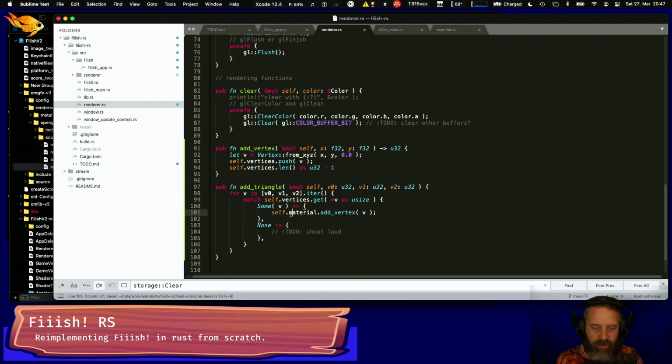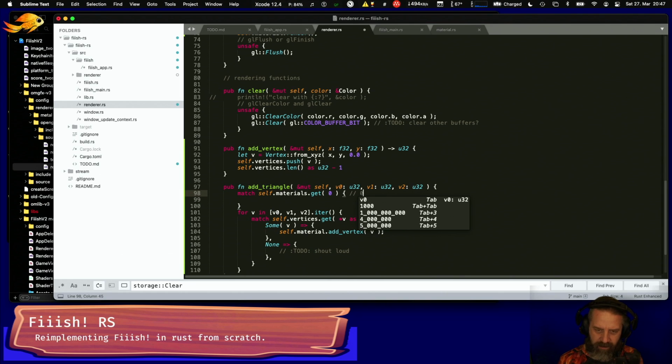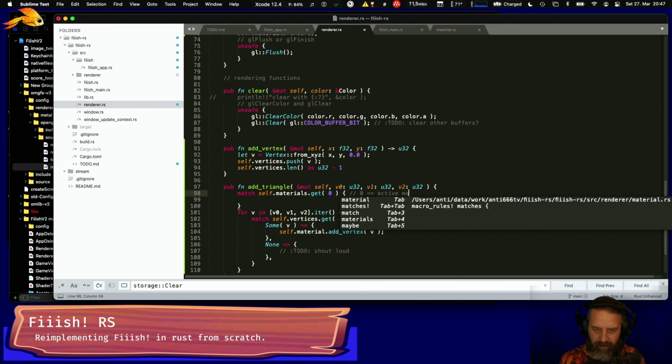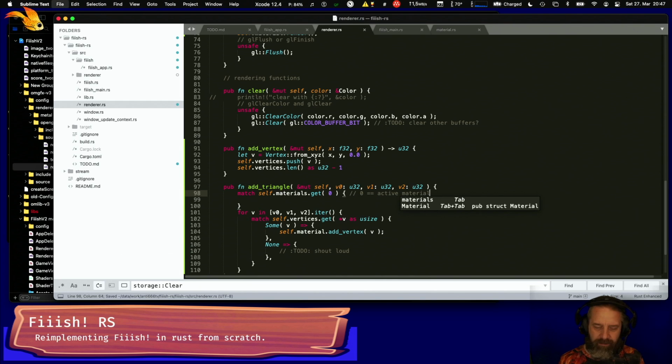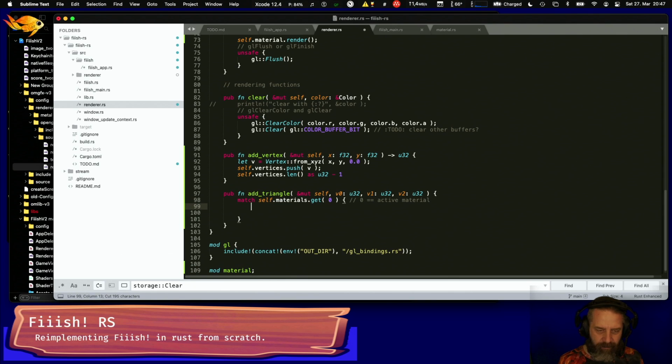And then here in the add triangle, we say if let, well, let's do the match. I prefer the match. Match self dot materials dot get 0. It's more like 0 equals active material, right? Later, but right now we have 1,